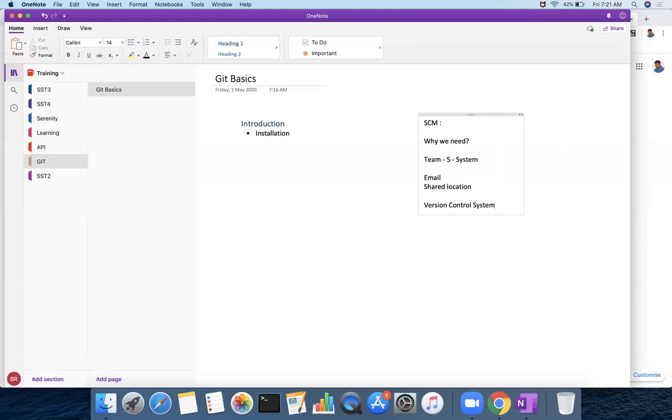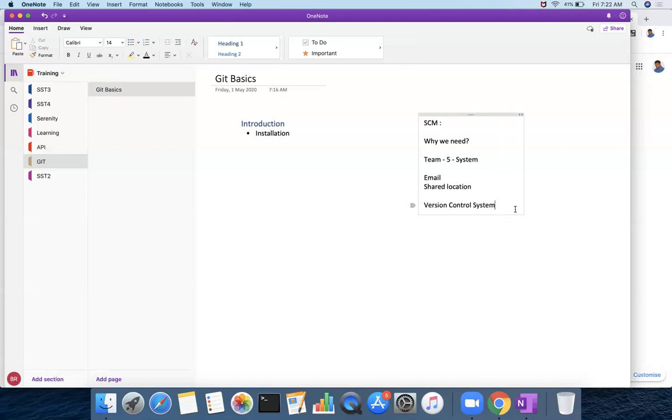Like that, it maintains each change you put into the system as a version. So after, let's say, 100 versions, 1000 versions, or 1 lakh versions, if you want to get any particular version and you know its number, you can get that code. That means history is maintained, which is one of the major advantages of using SCM servers.